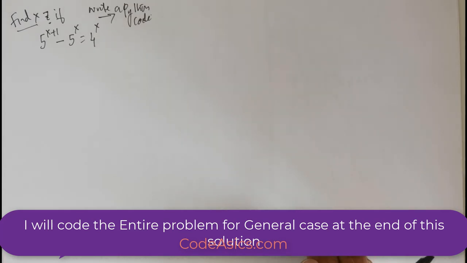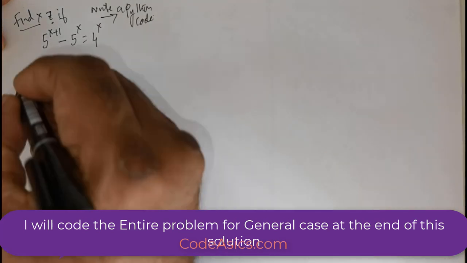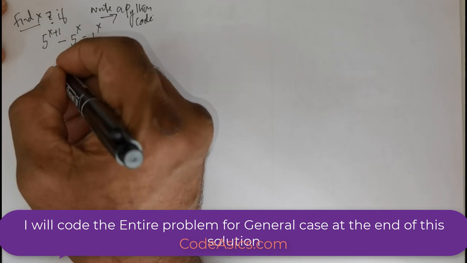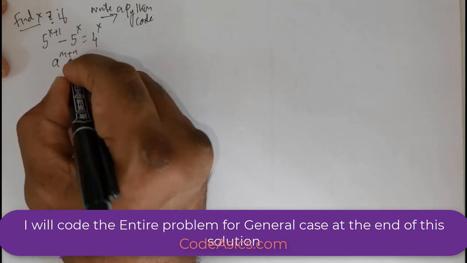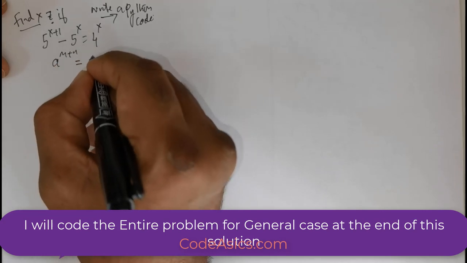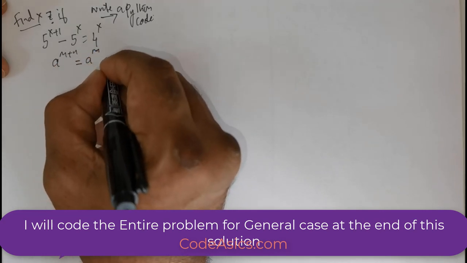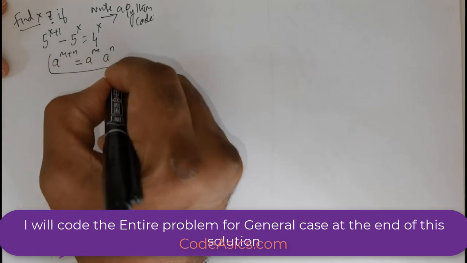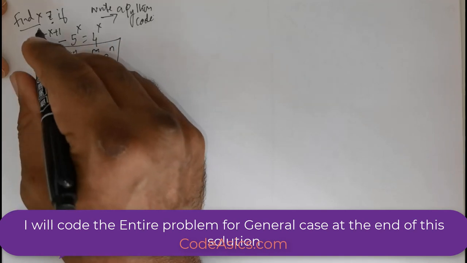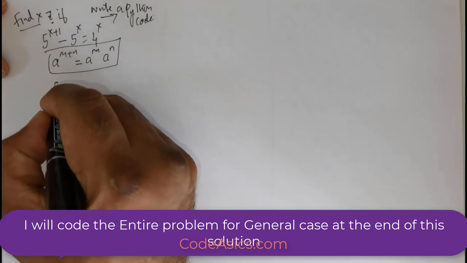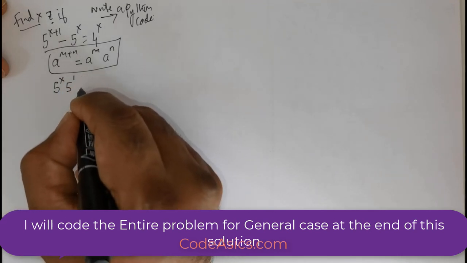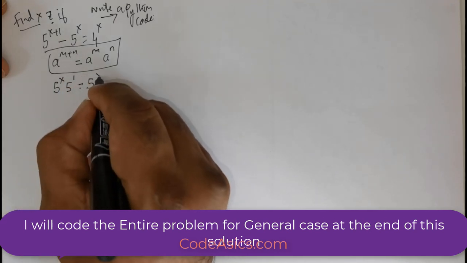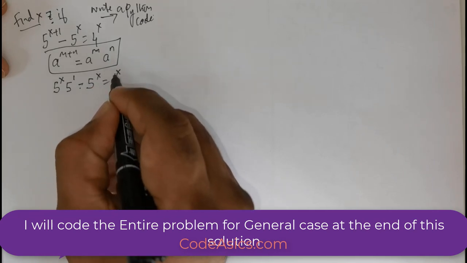So foremost I'm going to give you the step-by-step algorithm, what happens when it comes to solving this. I would be utilizing the a raised to the power of m plus n formula, which can be rewritten as a raised to the power of m times a raised to the power of n. By applying this formula, this can be rewritten as 5 raised to the power of x times 5 raised to the power of 1